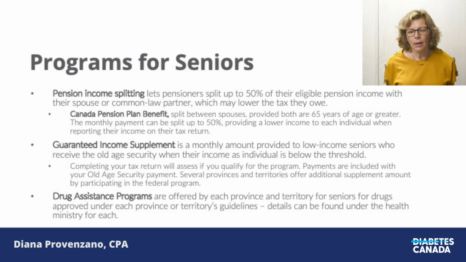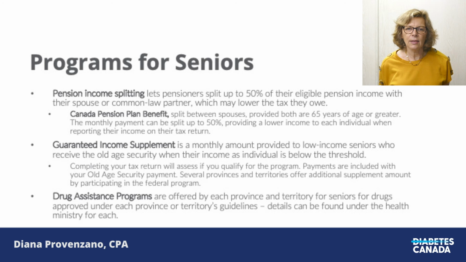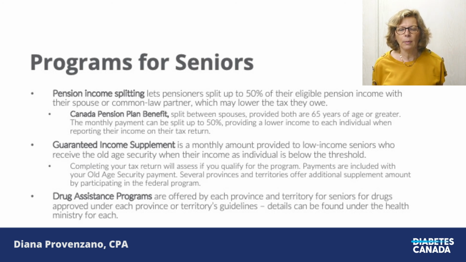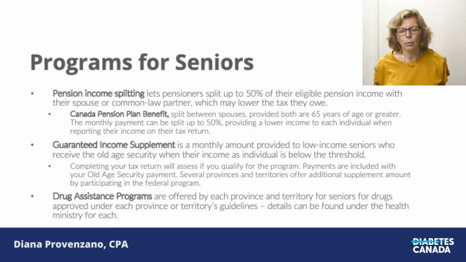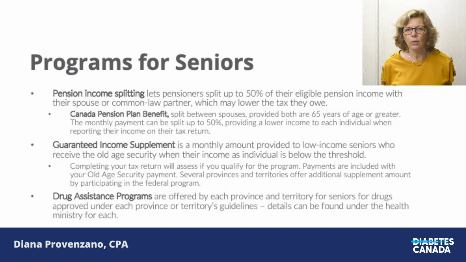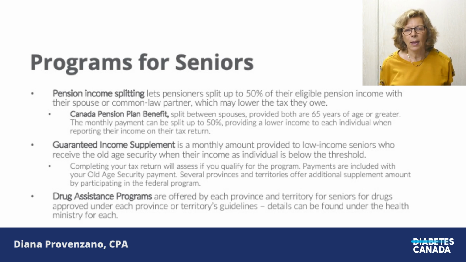The third program is that by completing your income tax return, Service Canada will assess the return and determine if your income is low. So for low-income seniors, a guaranteed income supplement is provided. The guaranteed income supplement is reviewed by Service Canada after completing the tax return in the month of July. Notices are mailed out in July to all low-income seniors, advising of their eligibility. If you are eligible, then the amount is paid with your old age payment on a monthly basis.